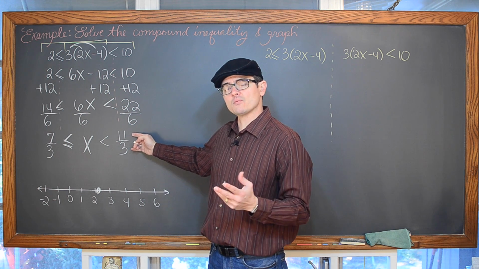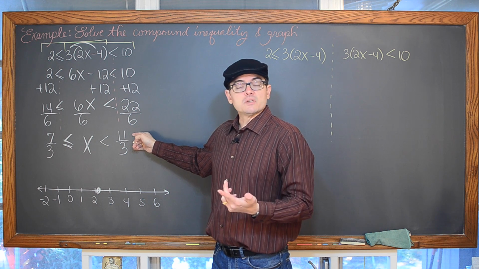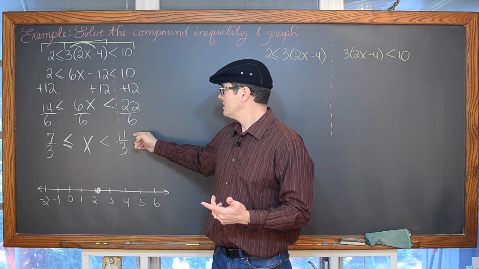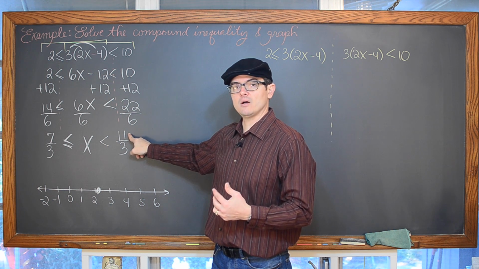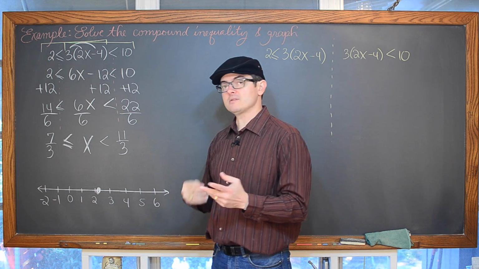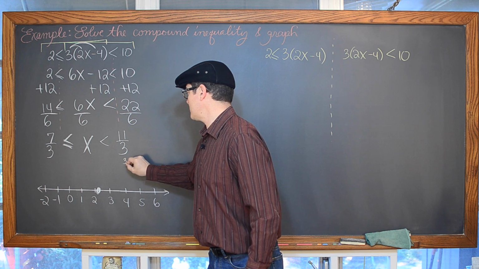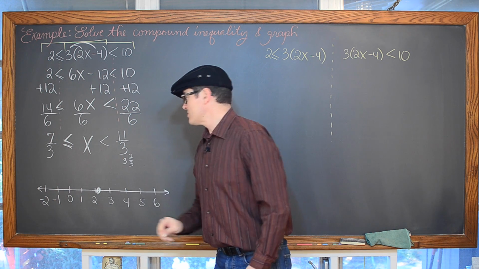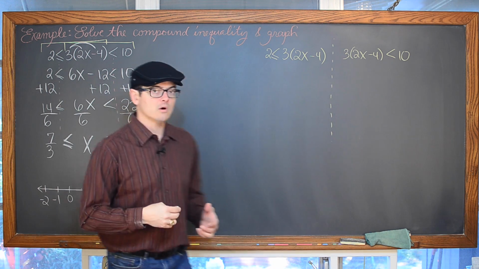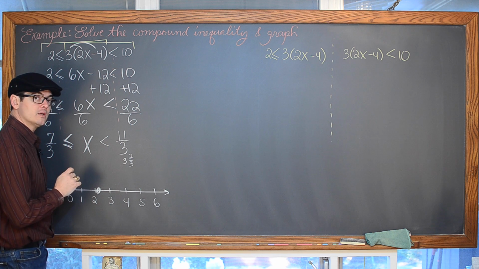Well, 3 times 3 is equal to 9. And another 3 is going to take us over 11. It's going to take us to 12. So 3 times 3 is 9. 9 taken away from 11 is 2. So 11 over 3 is a mixed fraction of 3 and 2/3. So we're going to get close to 3 and 2/3. We're going to get closer to 4 than we are 3 because 2 over 3 is larger than a half.